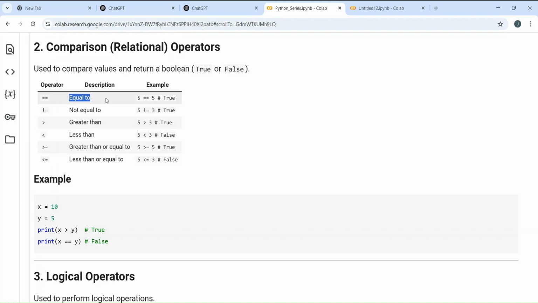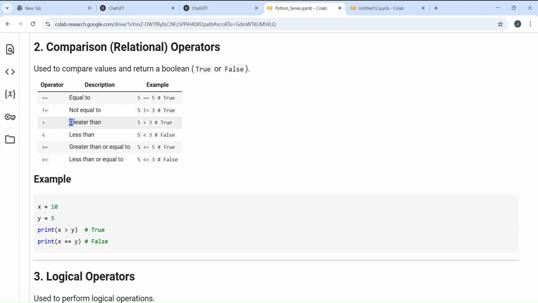So three things we already know. Three more things we have to learn in relational operators. The same three things we are just putting an equal to sign beside and making three other operators. If you can see, not equal to. So the number can be equal to the other number, like 5 is equal to 5, and the number is not equal to the other number. If you are representing a not equal to, it has to have an exclamation mark, and along with that, it should have an equal symbol.